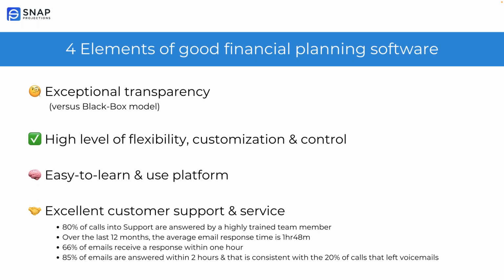I talk with advisors all the time who tell me that if they cannot see how the numbers are being calculated, they feel uncomfortable presenting the plan to their clients. It doesn't mean they need to run every calculation, but they need to be able to understand how the numbers were generated so they can conduct an audit if they need to. Some platforms almost seem to hide the calculations, so advisors have no way of verifying the numbers. There's just no transparency.